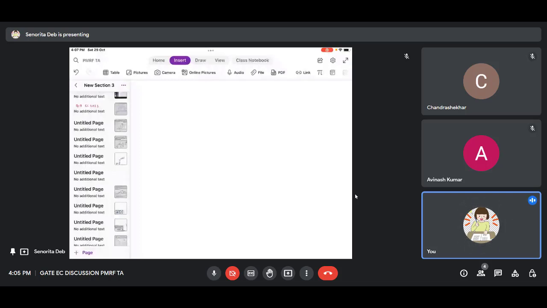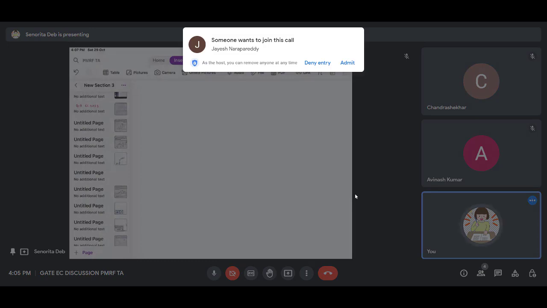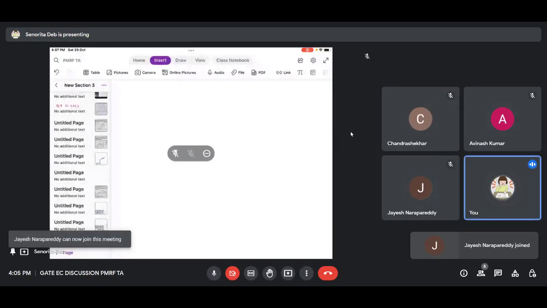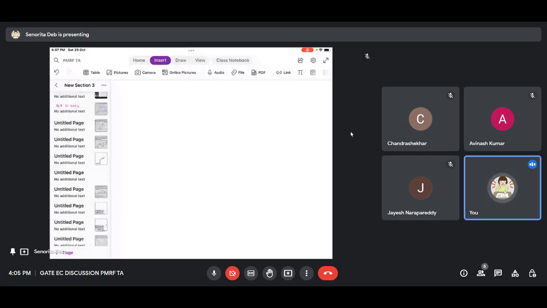Okay, so the BJT region of operation. Let me just put a quick conceptual part. So BJT's region of operation. So you first bias the BJT. Okay, so with DC voltages, the BJT is actually biased to perform in any one of the regions. Okay, so how it will behave. So let's say